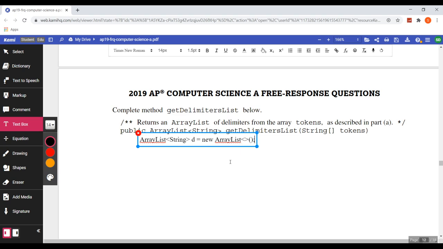And that should be good. Let's put string. We have to put string, and that should be good. Okay, so next thing we are going to do is we are going to